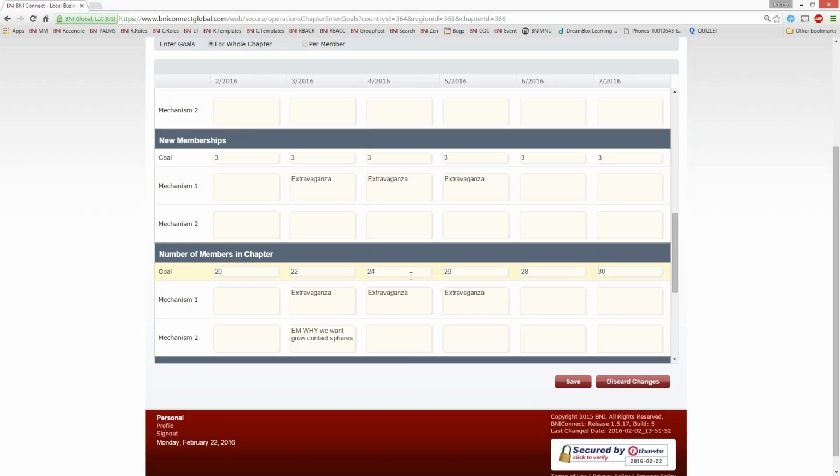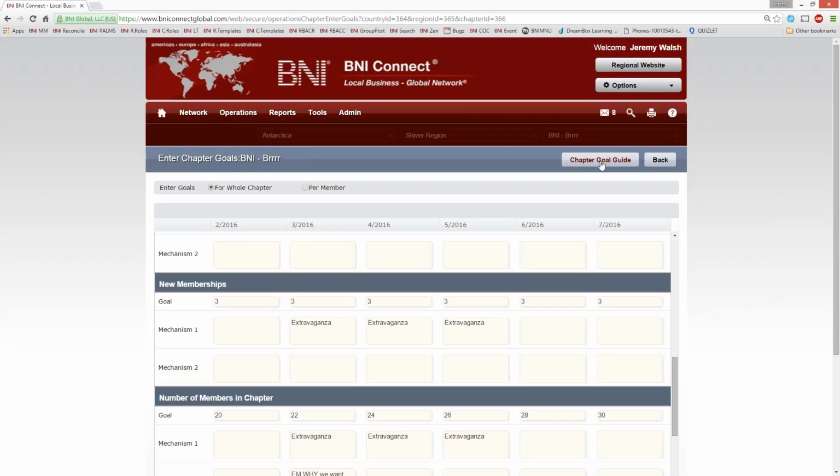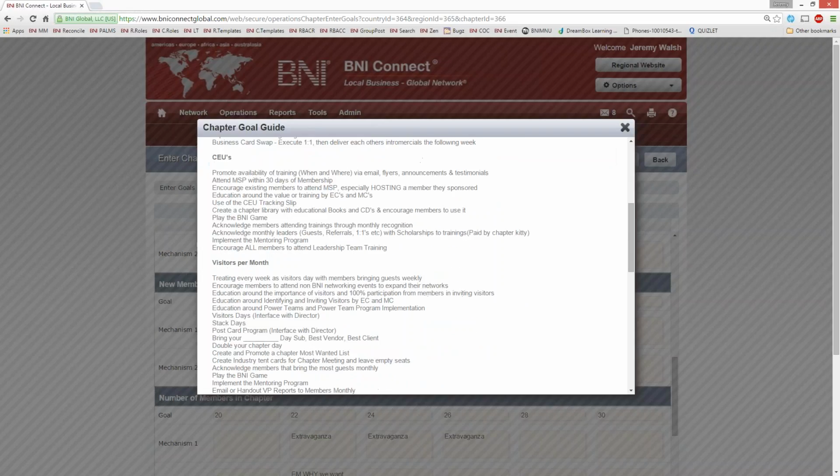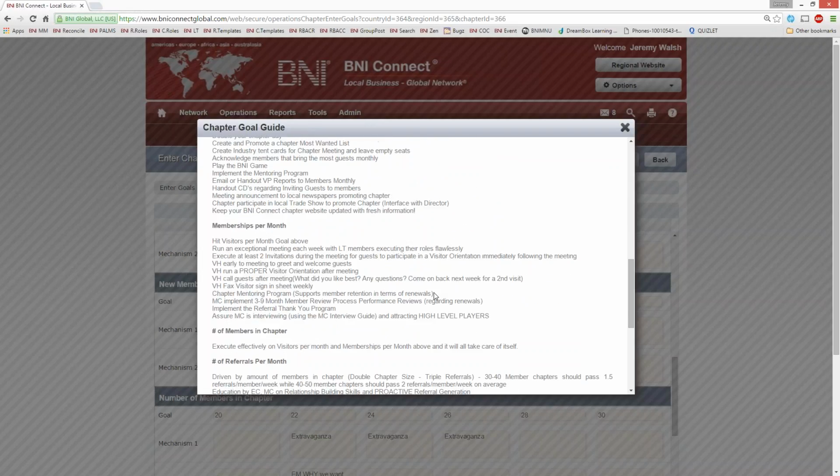And of course, we can come up with other mechanisms. Now, if you're not sure about mechanisms, one thing you can do is click on this button at the top. It's called the Chapter Goal Guide. And you'll see here that in the Chapter Goals Guide,